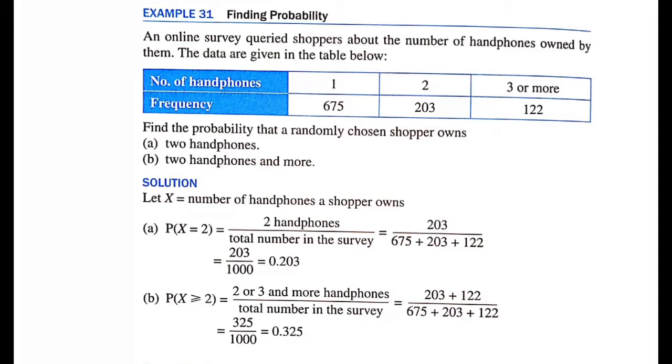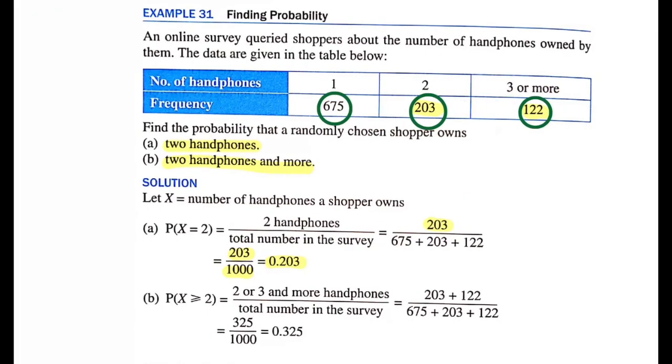The question says find the probability that the shopper owns 2 handphones. So 2 handphones is just 203, and then divide by the number of the sample space. So we just add all of these numbers here. Therefore, we get the number of the sample space, n(S), which is 1000. So just divide 203 by 1000. This is your answer,